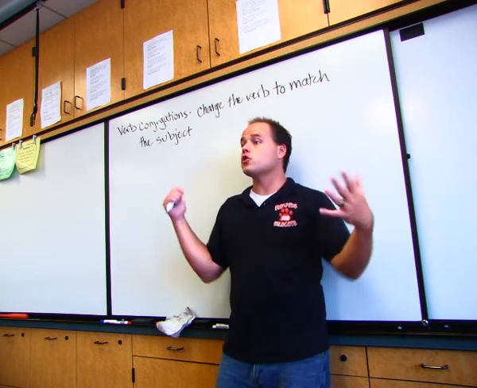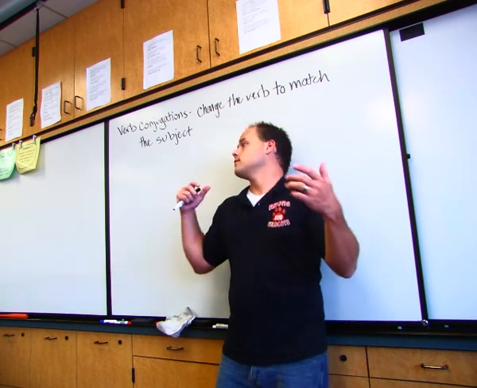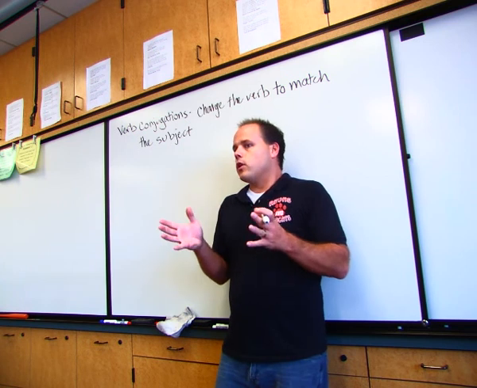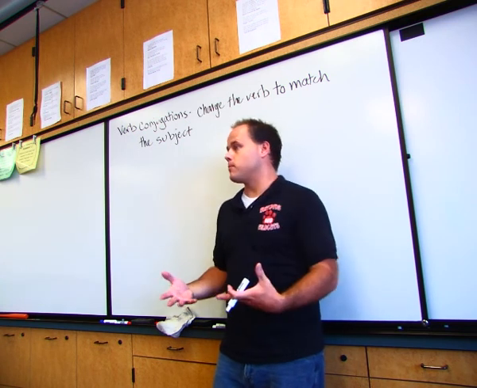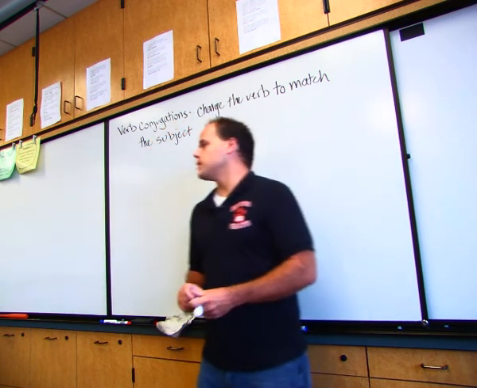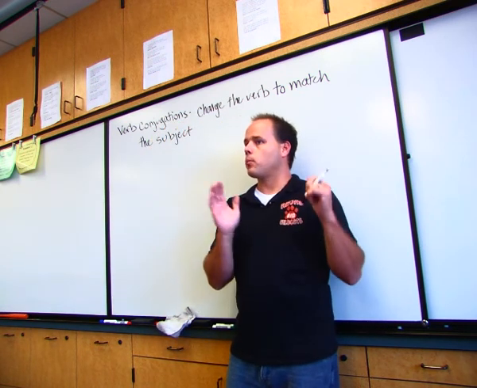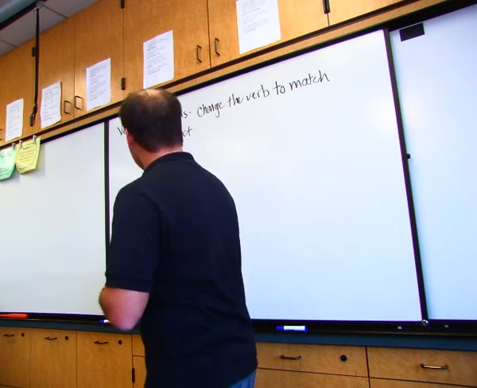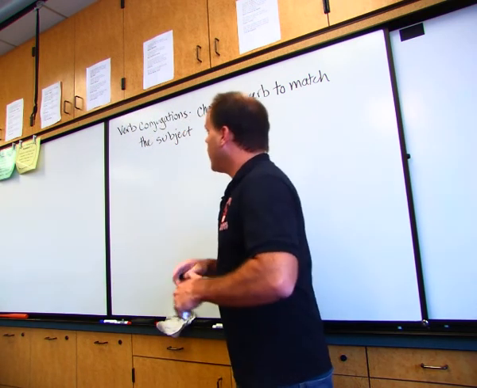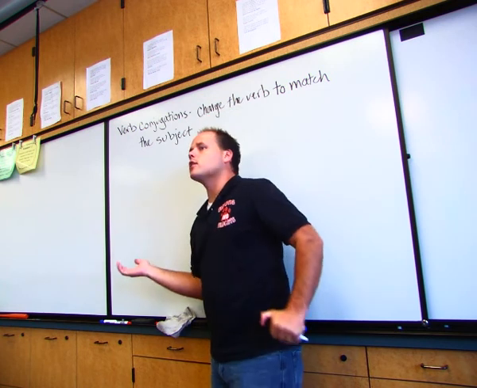The subject is usually a noun. A verb, we know, is an action word, and someone or something has to perform that action. That's what the subject is. The subject is the item or person that is doing the verb. Okay? Now, we conjugate verbs in English, but we don't do it like they